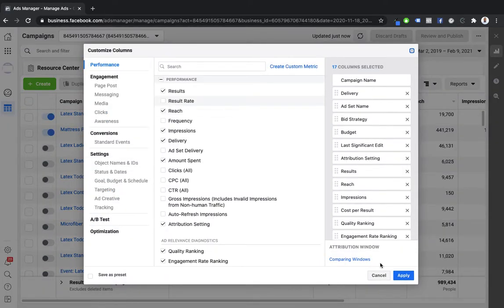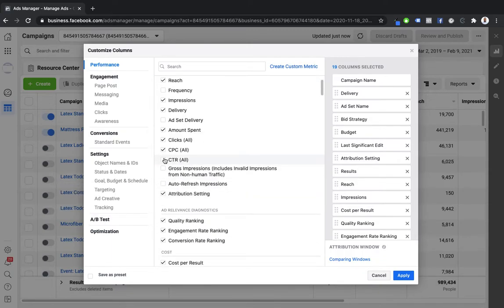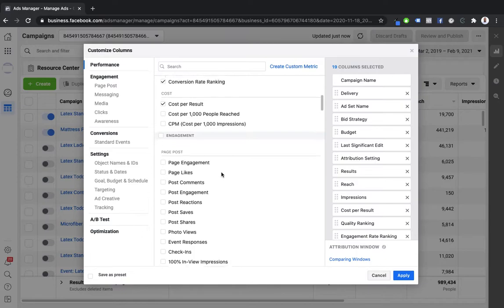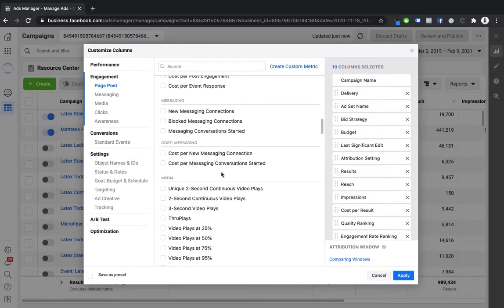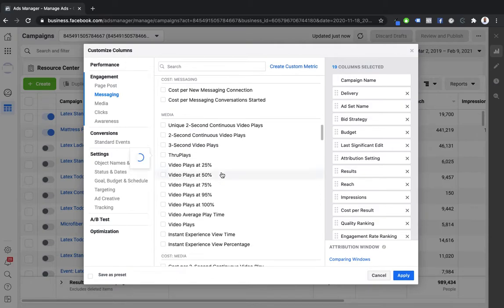So these are standard metrics that we normally look at, but for example, let's say you are on e-commerce and you want to see what's the cost per click. Here is CPC, I can add. You also want to see the number of clicks, you can add that also. Click-through rate, you can add that also. So there are a lot of different metrics that you can have, and based on your requirement, you can have these as well.